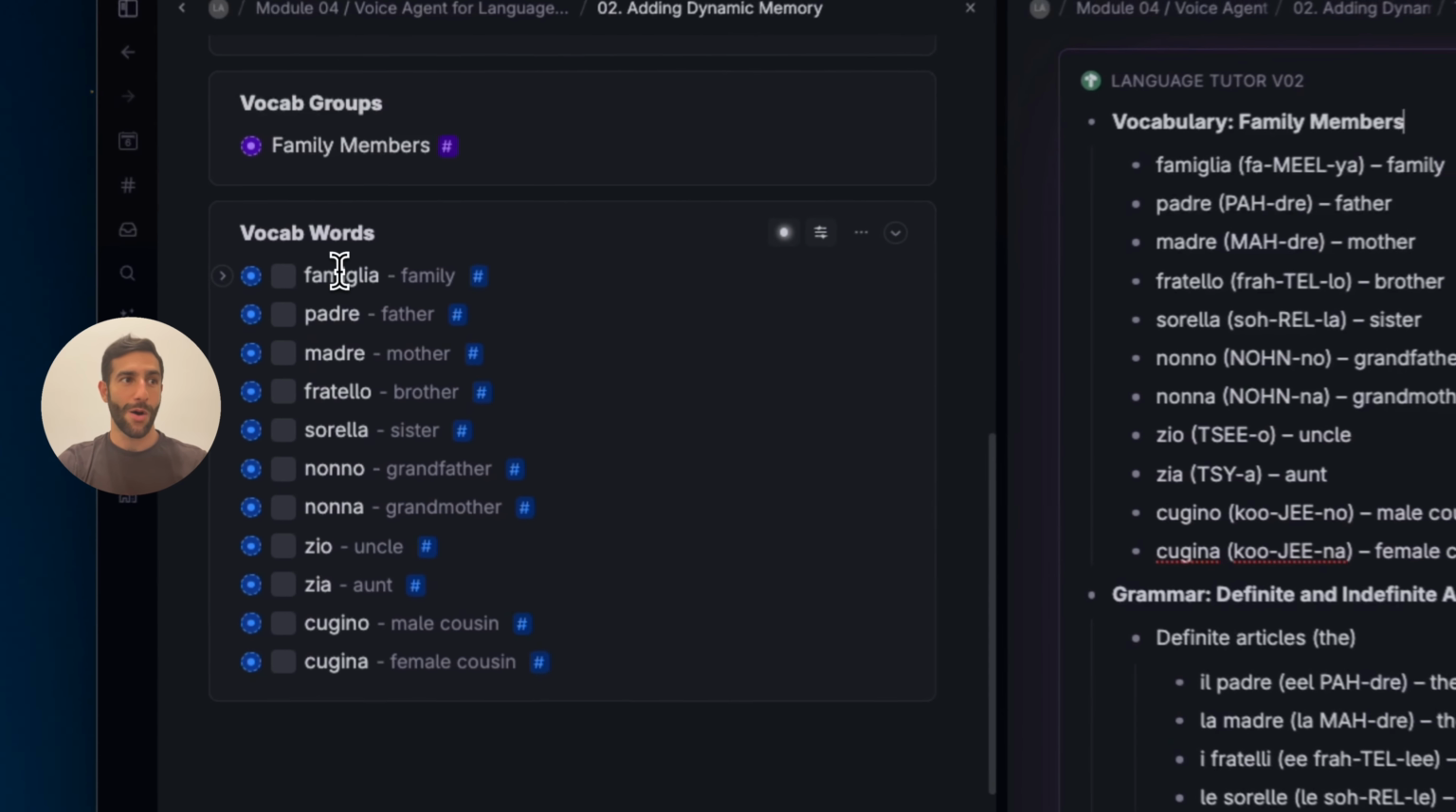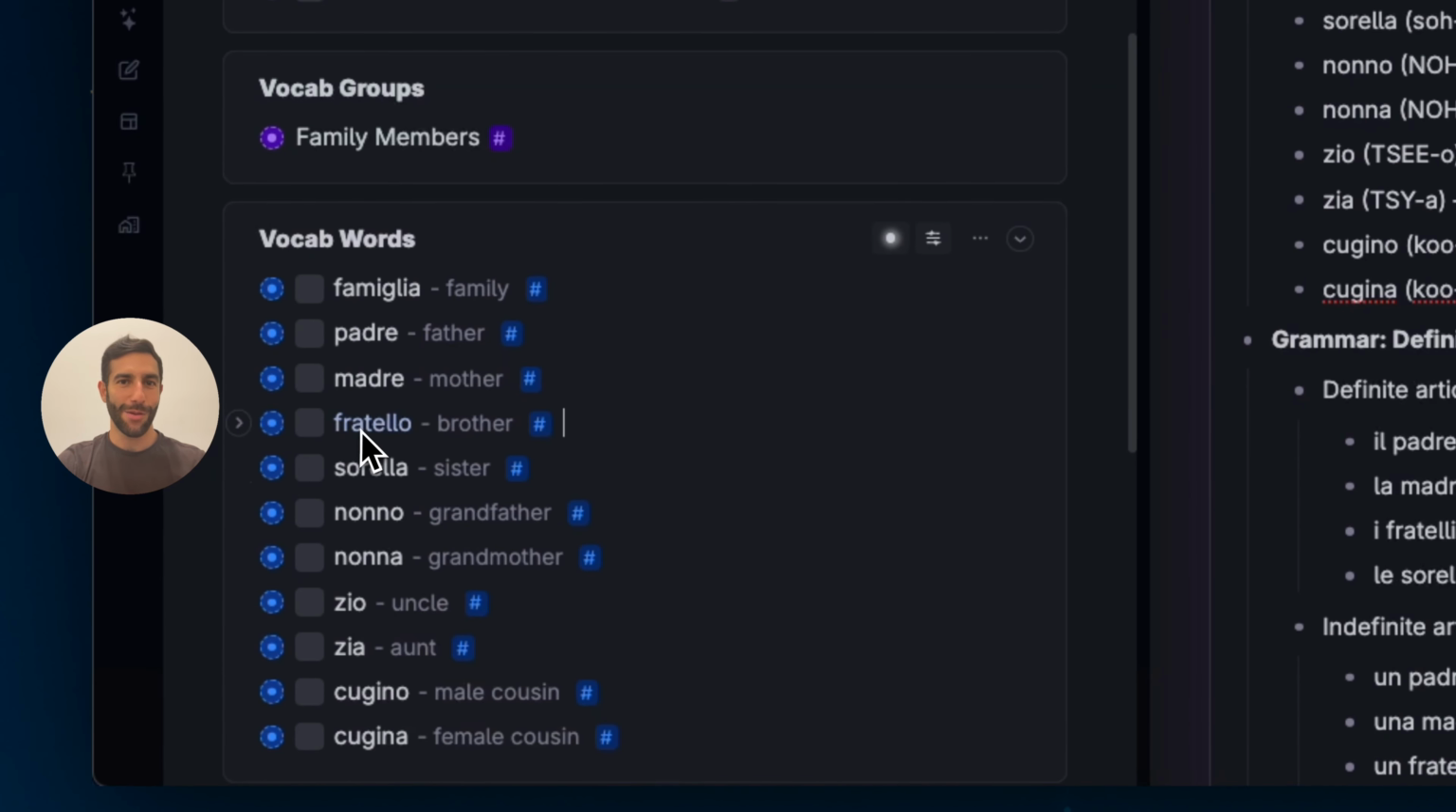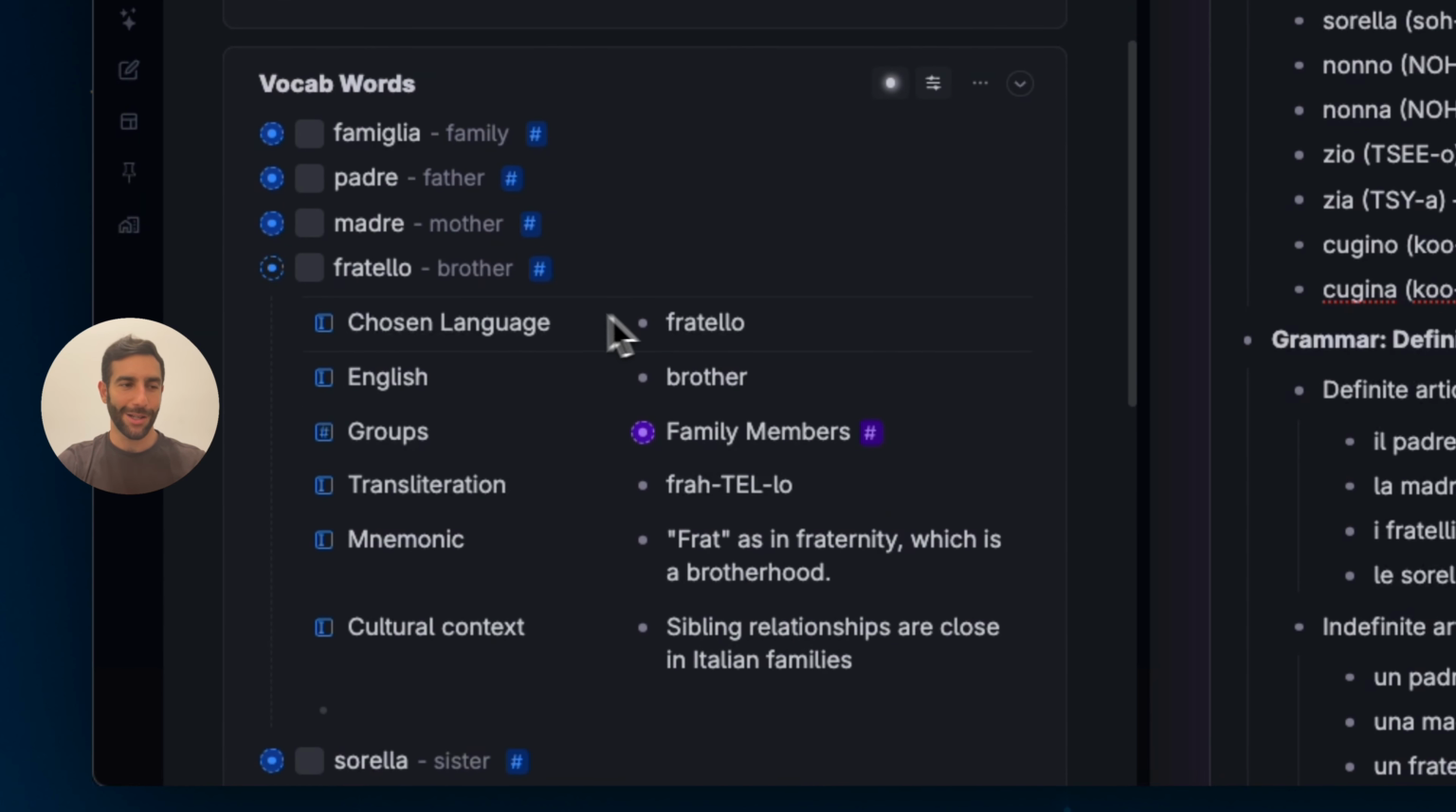And this means that now we have a list of vocab words associated with this group of family members. And if we open any one of these nodes, these vocab words, you will see that they are correctly configured based on the commands that we described. Here you can see that the chosen language field is fratello, which is brother in Italian. So we have the English translation, the group, a transliteration, even a mnemonic, and the cultural context for this specific word. All of this is done to help you learn this specific language, but keep in mind that what we